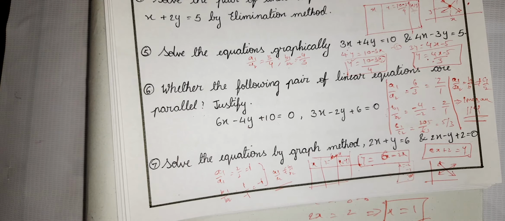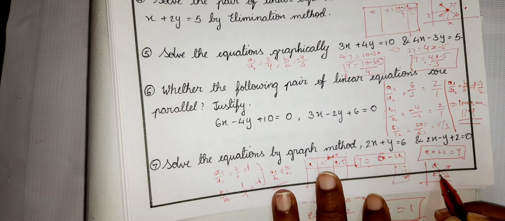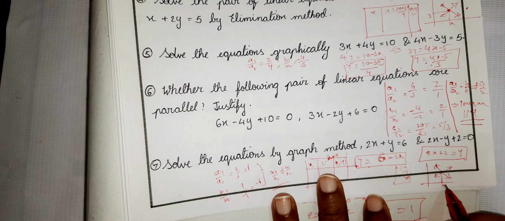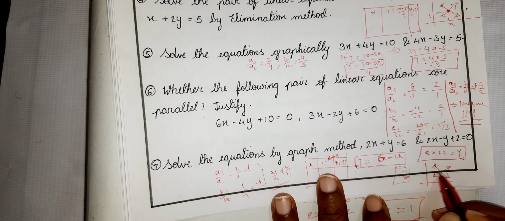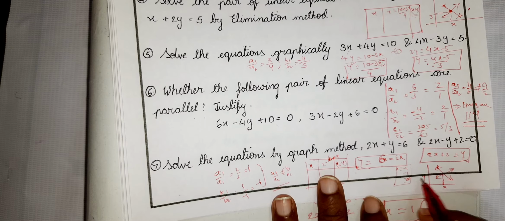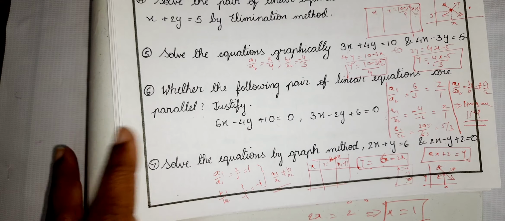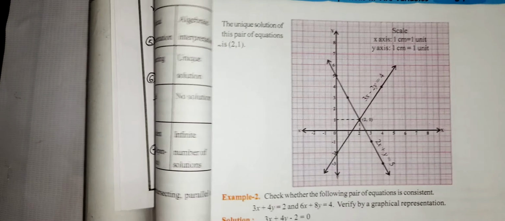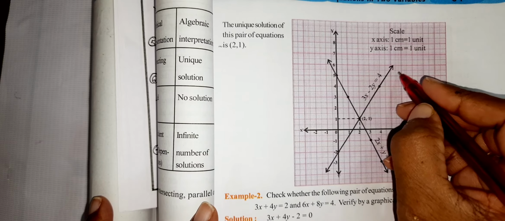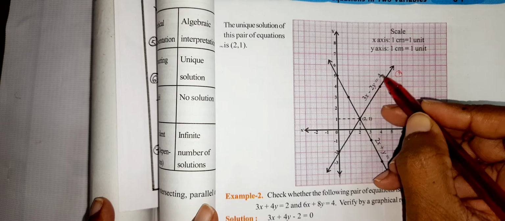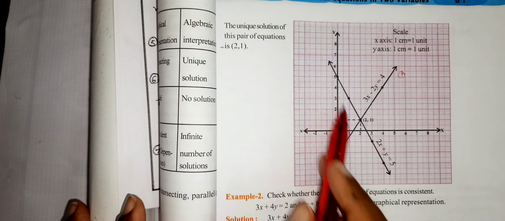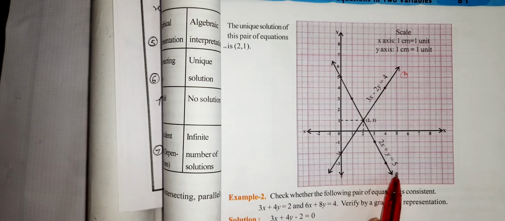Now find from the graph the solution. If you drop a line exactly from this point onto the x-axis, that gives you x. And if you draw a line exactly onto the y-axis, that gives you the y. That is the solution. I'll show you an example of how it will be. So look into this diagram. This is line 1, given by 3x minus 2y is equal to 4. And this is the line given by 2x plus y is equal to 5.